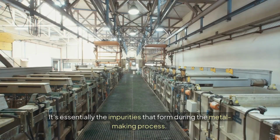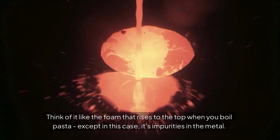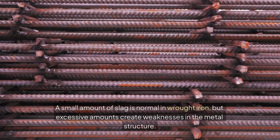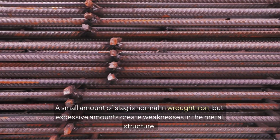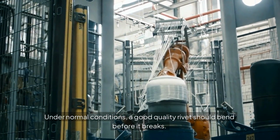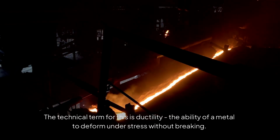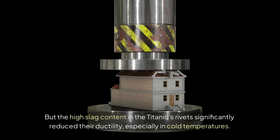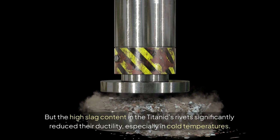What exactly is slag? It's essentially the impurities that form during the metal-making process. Think of it like the foam that rises to the top when you boil pasta, except in this case, it's impurities in the metal. A small amount of slag is normal in wrought iron, but excessive amounts create weaknesses in the metal structure. Under normal conditions, a good quality rivet should bend before it breaks. The technical term for this is ductility, the ability of a metal to deform under stress without breaking. But the high slag content in the Titanic's rivets significantly reduced their ductility,